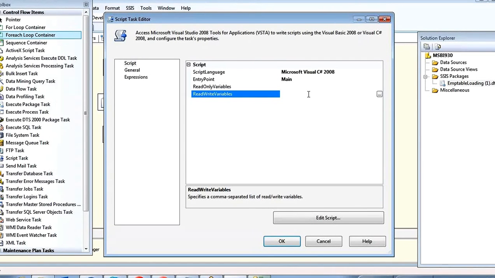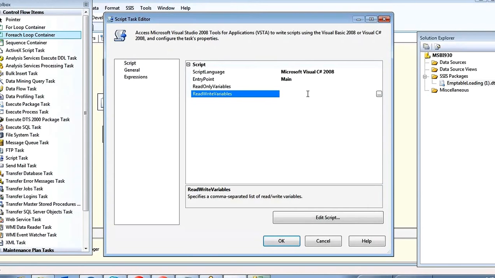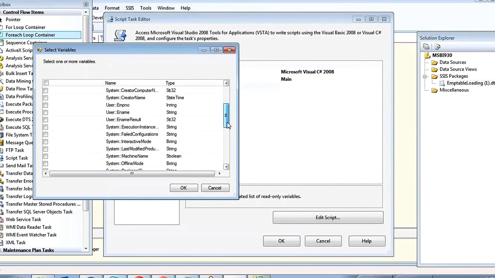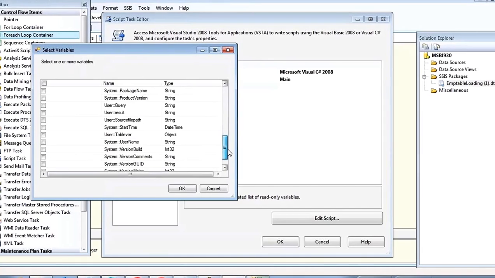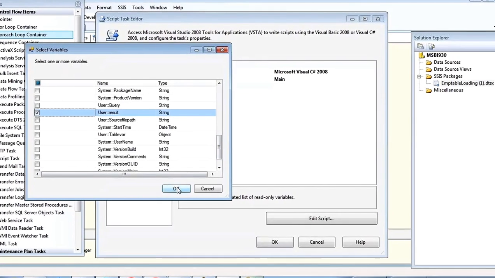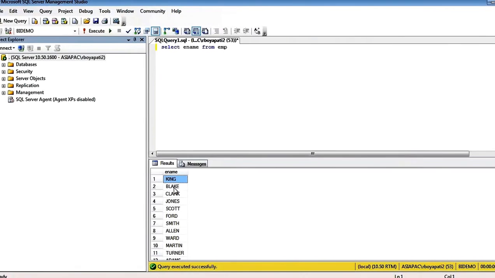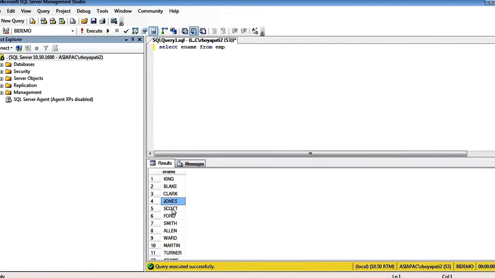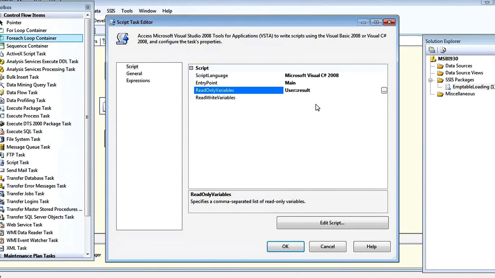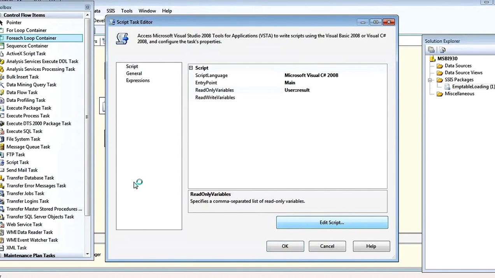Now I have only a read variable, that is the result variable. In that result variable, each time this value is stored: first King, Blake, Clark, Jones, Scott. Got it? Right. So go to Edit Script.